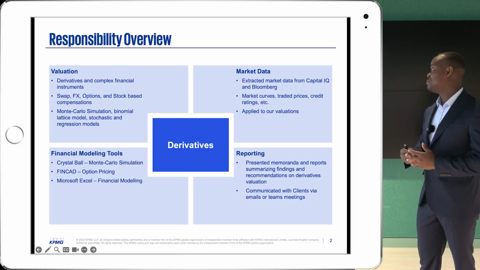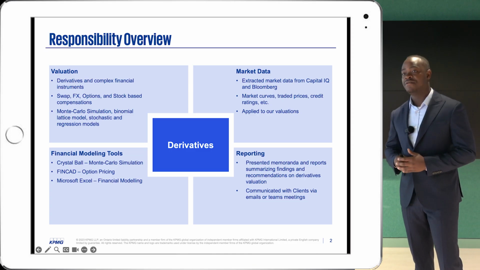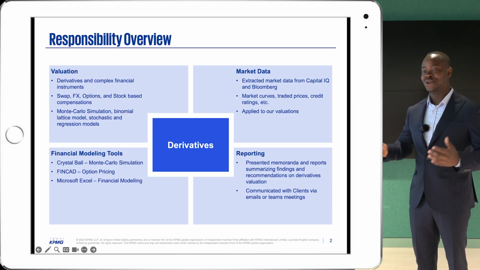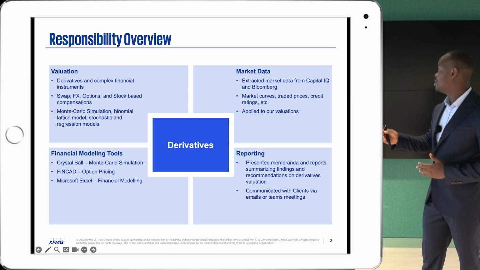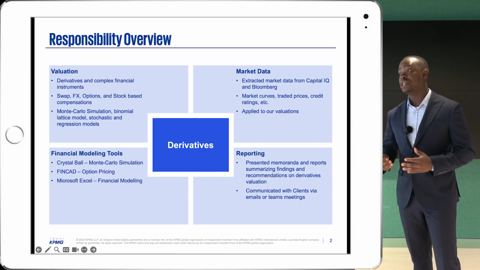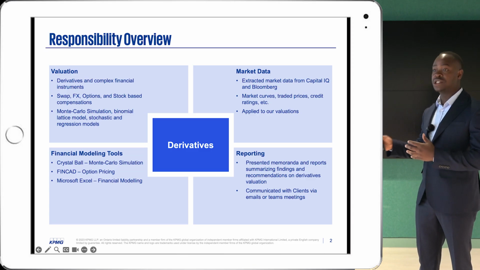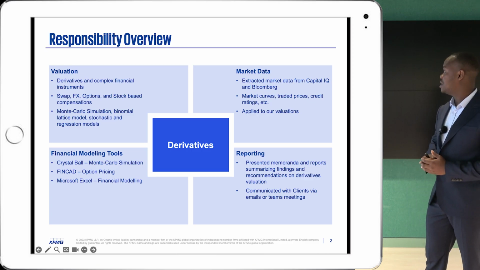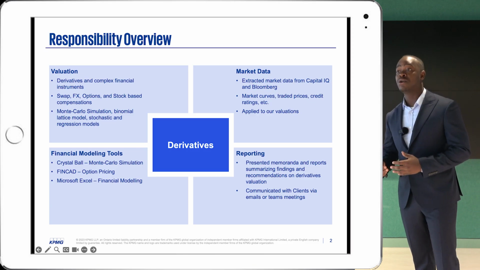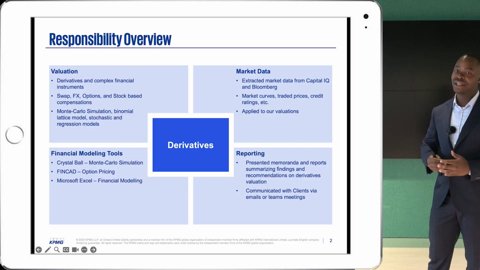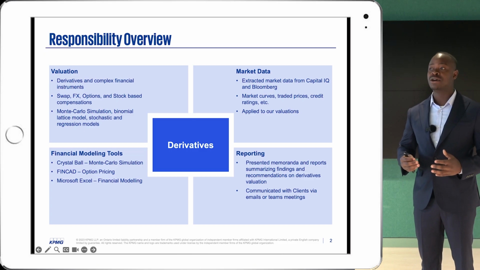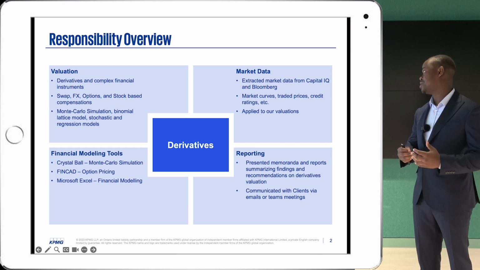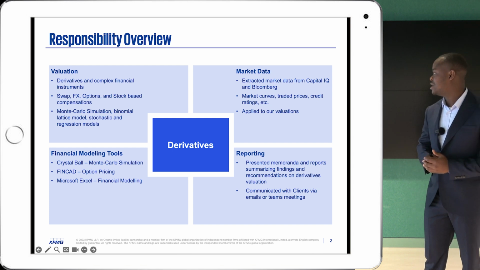Lastly, I spent a lot of time on options. So if it was a basic European option, like a basic European call or put option, then I would use a tool called FinCAD, where I would source inputs like risk-free rate and volatility from sources like Bloomberg and use that for valuation. However, for American style options, which were a little more complex, I would then build a model from scratch, an Excel model, where I would have to account for the early exercise features of such an option.